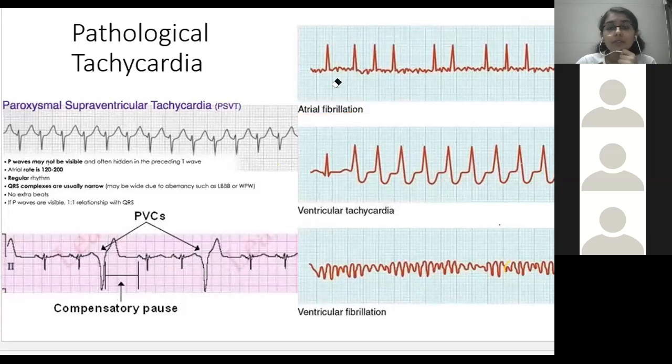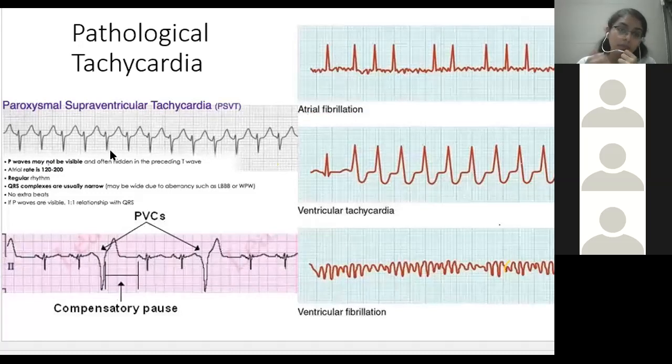Also, if you guys notice, we read that when atrial or supraventricular generation of pathological QRS complex occurs, it will always be narrow. So you can see here that in atrial fibrillation, the QRS complexes are narrow as compared to those in ventricular fibrillation. In ventricular fibrillation, you cannot recognize the waves, and in ventricular tachycardia, you can see that the waves are broader, which are ventricular in origin, ventricular pathologies. So this is supraventricular, this is ventricular, this is ventricular fibrillation.